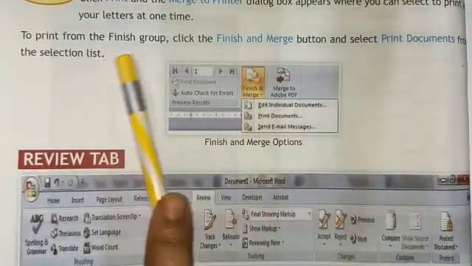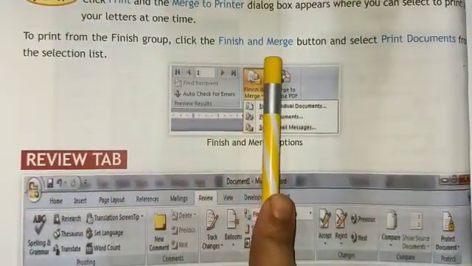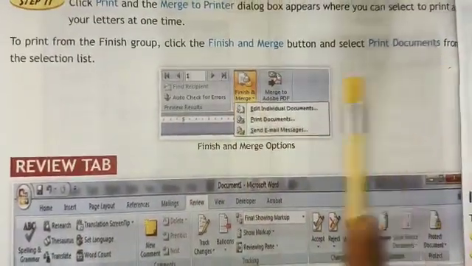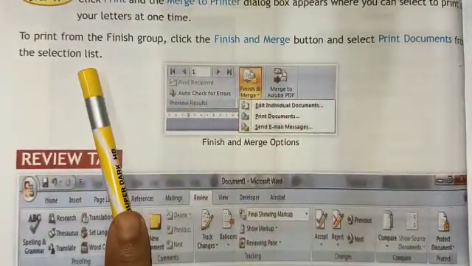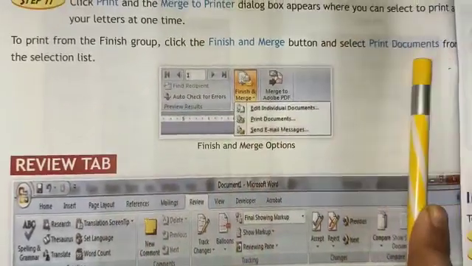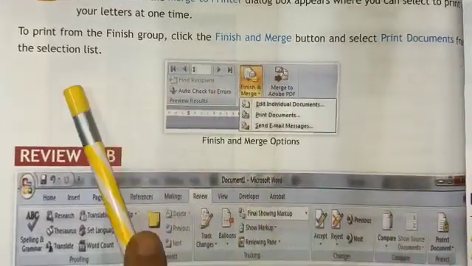To print from the Finish group, click the Finish & Merge button and select Print Documents from the list.